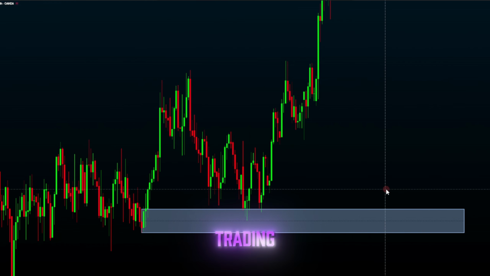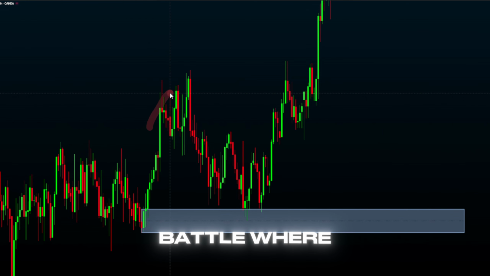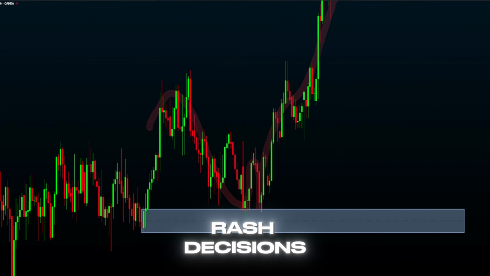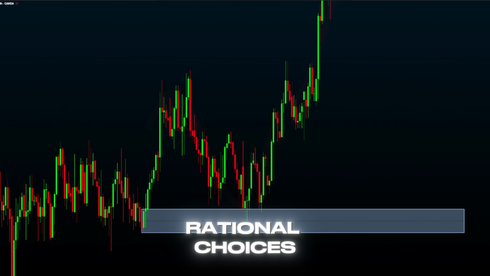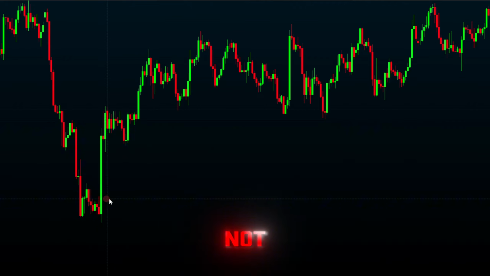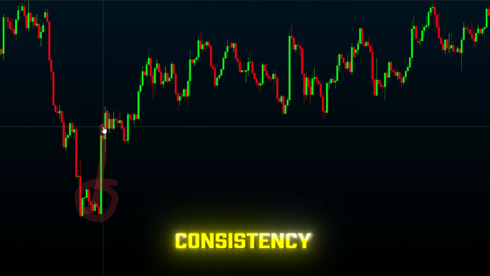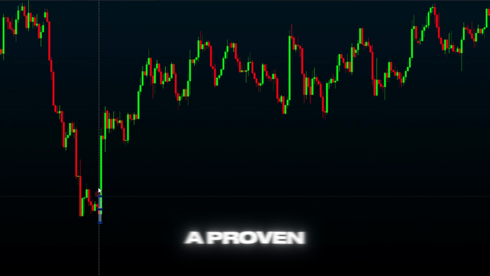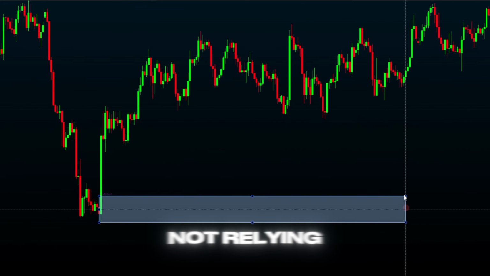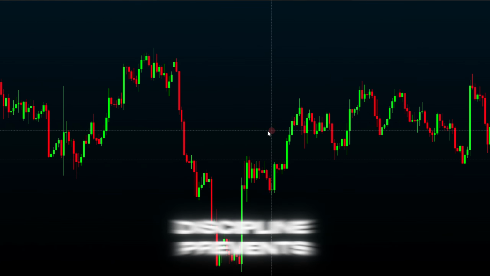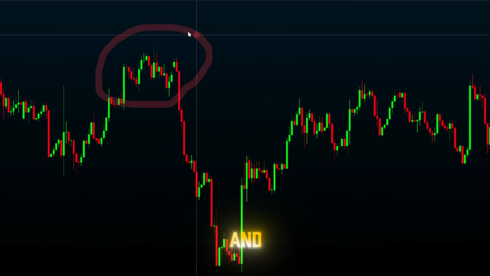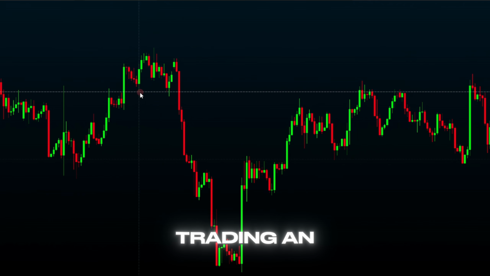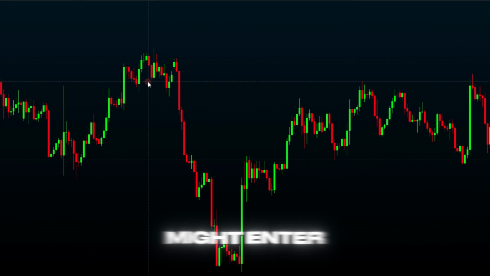Minimizes emotional trading. Trading is an emotional battle where fear of missing out, FOMO, and greed can lead to rash decisions. Discipline helps you make rational choices based on your plan, not your feelings. Enforces consistency. Profitable trading is about consistently executing a proven method, not relying on a few lucky trades. Discipline prevents strategy hopping and reinforces your commitment to your established plan. Controls overtrading. An undisciplined trader might enter too many